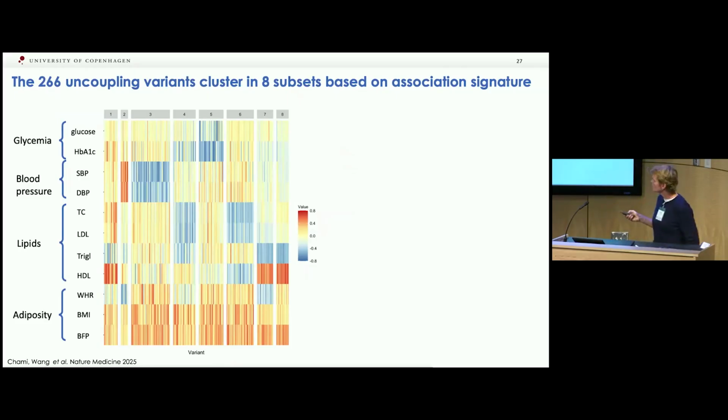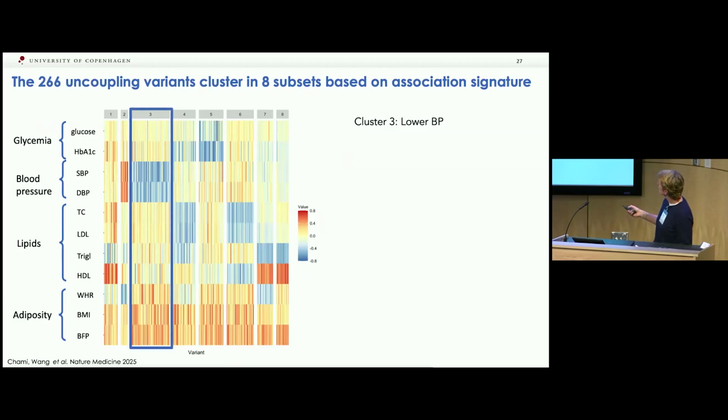Going a little faster, I showed you that we have one set of 206 variants that are associated with this healthy profile, but actually they also cluster within multiple subclusters. For example, here, it's a heat plot. These are the 266 variants associated with body fat percentage and body mass index. And by definition, because that's how we discovered them, with a protective profile with any of these cardiometabolic risk factors. But you see they cluster.